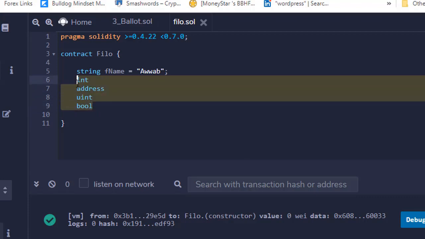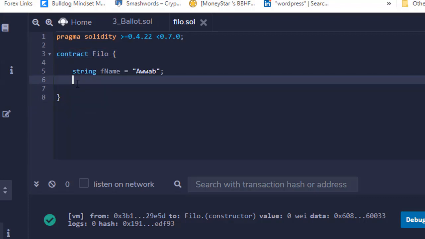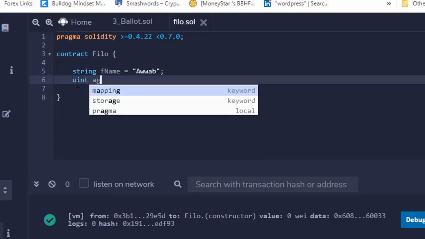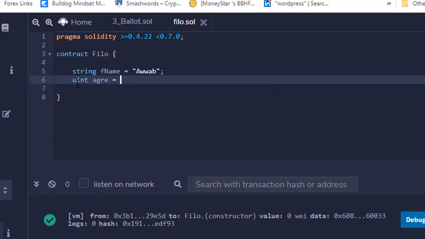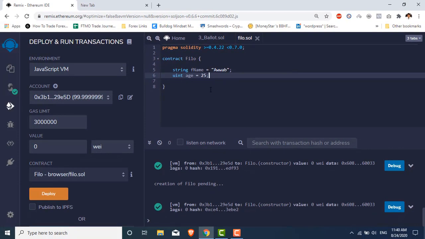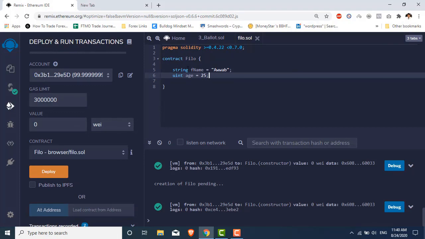So next I am going to use the age. I am going to create an age variable, as age cannot be negative. So I will be using uint for that, and age equal to 25. So we have created it, and I will press Ctrl S, and it is compiled successfully. So let's see how we can display it here outside the function, so we can see what its value is.